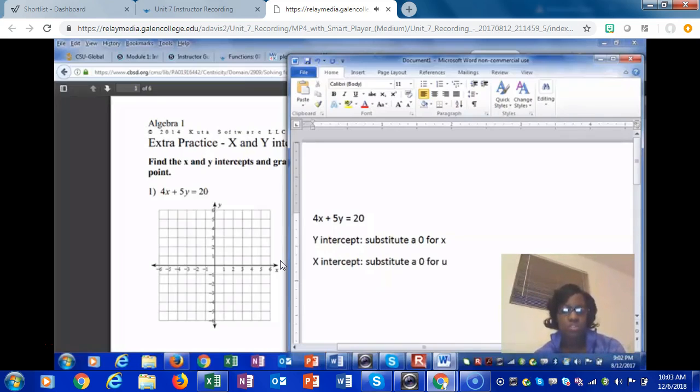Substitute a 0 for x. Okay? So let's work on the y first. So we're going to put in a 0 for x, so we have 4 times 0 plus 5y equals 20. Well, 4 times 0 is just 0, so we can get rid of that and just say 5y equals 20. And if 5y equals 20, and we divide everything by 5,